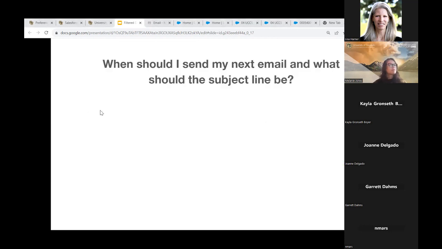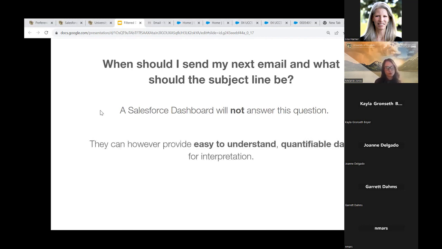I do want to preface this. I know we get folks sometimes disappointed, but I'm hoping not the case, where they're like, oh, cool, these dashboards are going to be able to help me address questions like, when should I send my next email and what should the subject line be? It's not going to do that directly. It's not going to provide you with, here's your next subject line, send on Wednesday at 11 a.m. However, it is going to provide you with an opportunity to view this very quantifiable data in an easy to